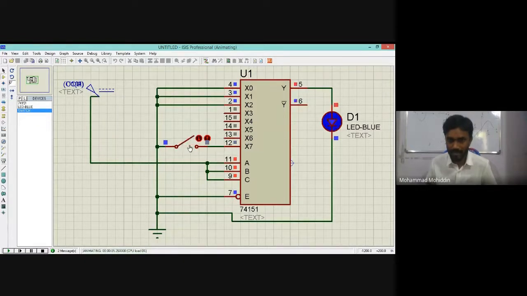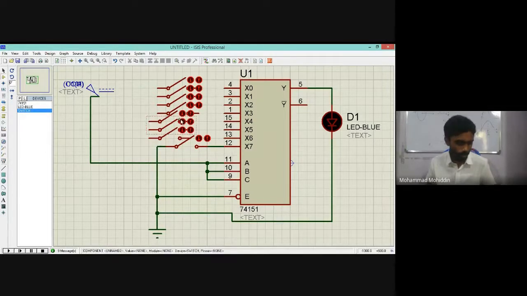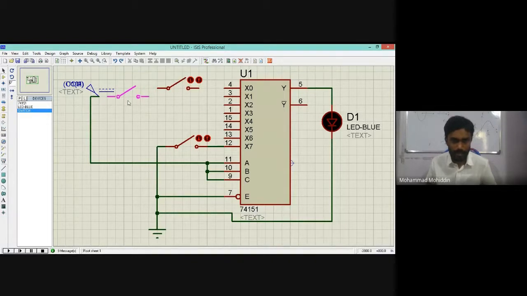See, X7 it is working with. So this will be far better, right? So all switches I will keep. These switches are inputs. So like the switches I will keep everywhere. You understand now perfectly. All the switches I kept. This is first one. I keep some distance. Second one, third one, fourth one. Okay, fifth one, sixth one, and seventh one.